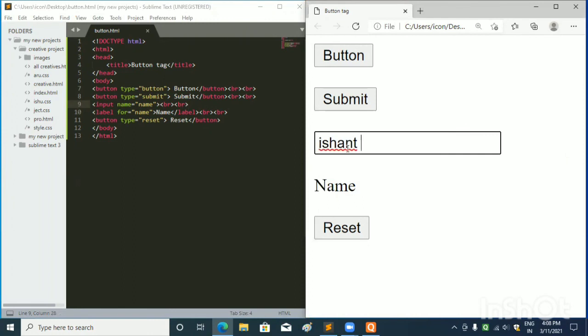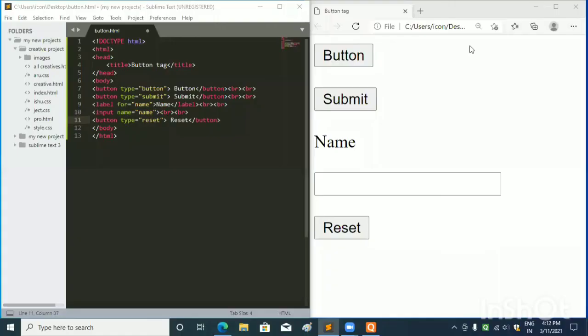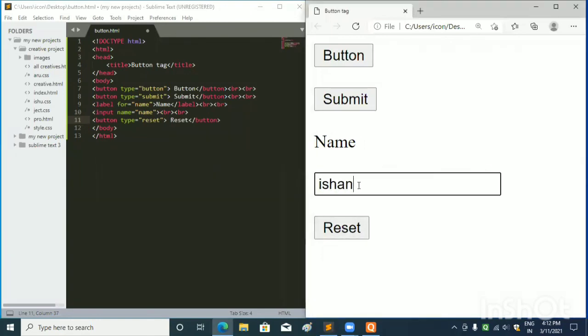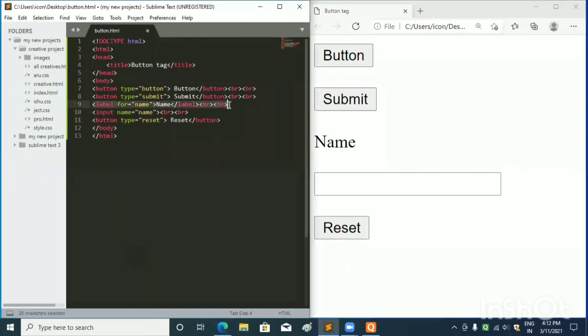So when I write my name here and click on the reset button, nothing will change because we have given label tag below input tag. We have to give label tag above the input tag. So now you can see I have written label tag above input tag, and when I write my name in the filling box, you can see my name is being cleared, means it is being erased. It is because of the reset word in the type attribute.